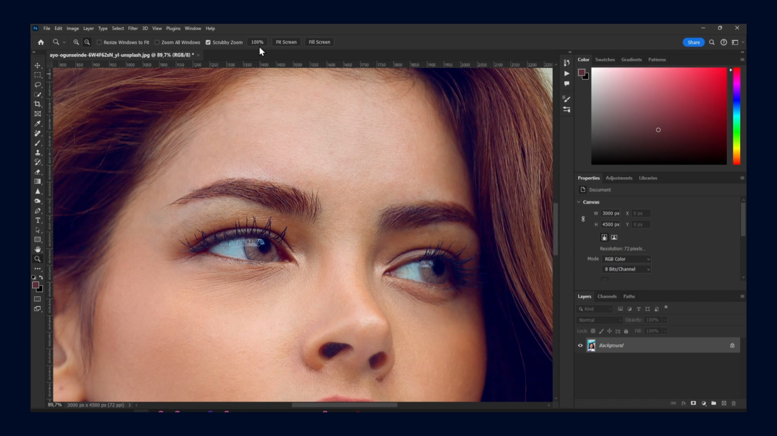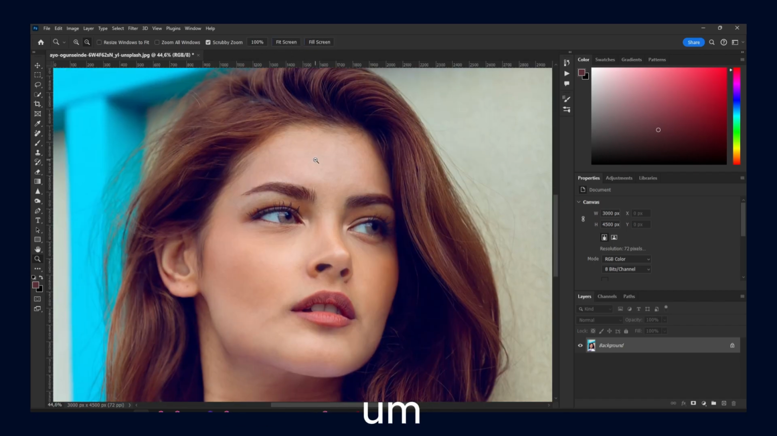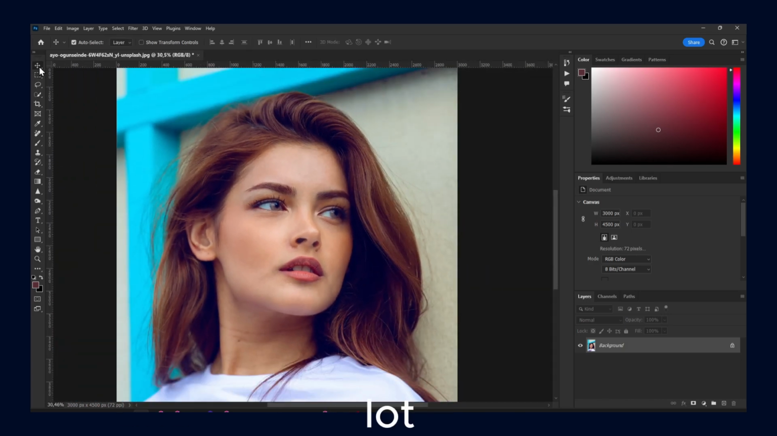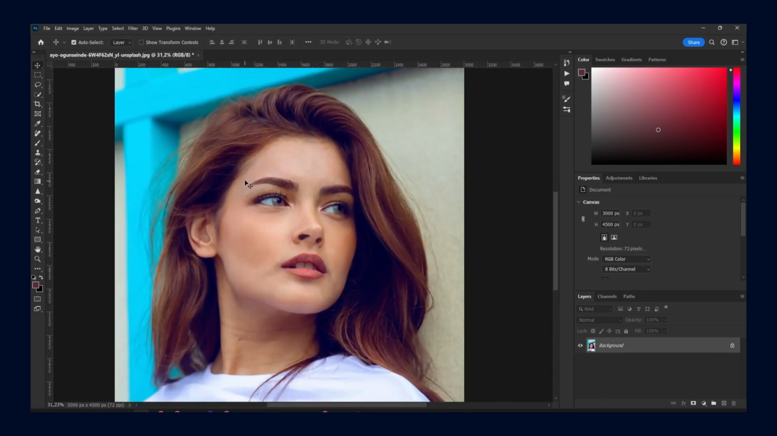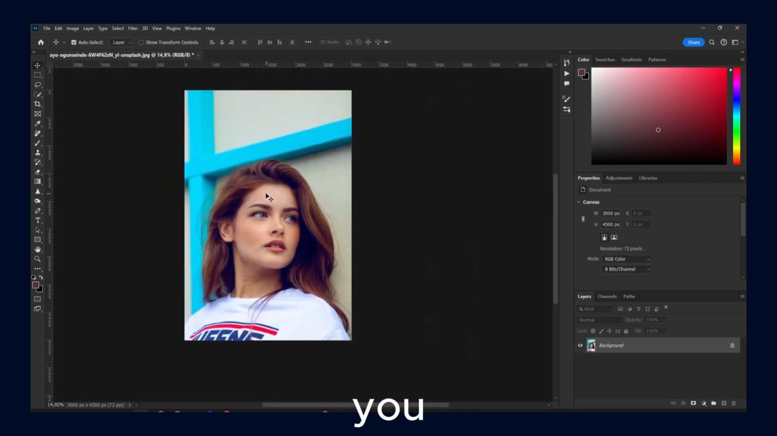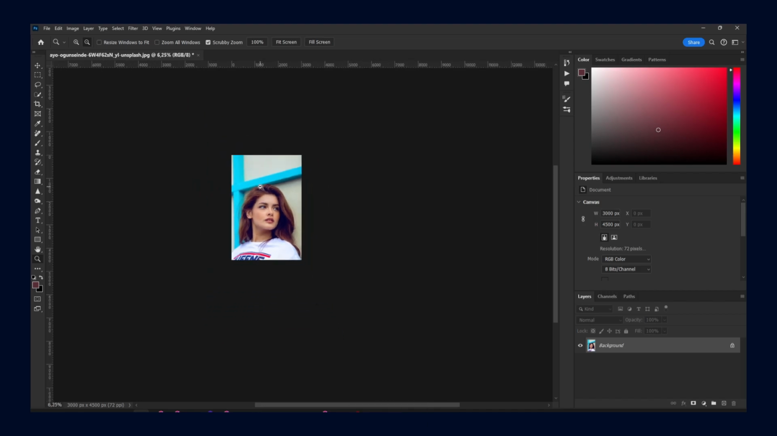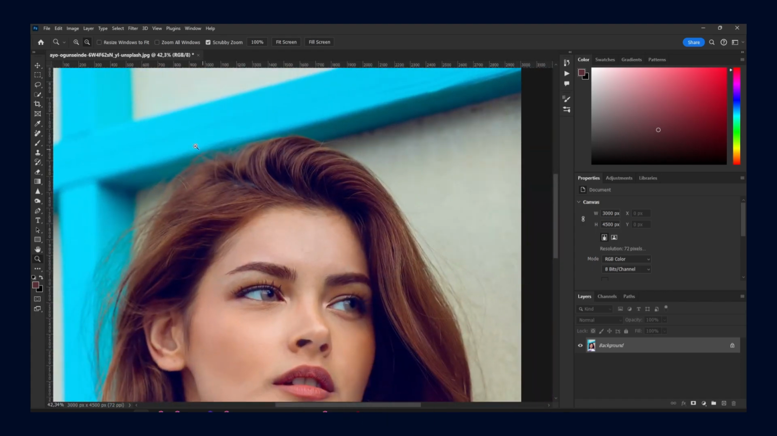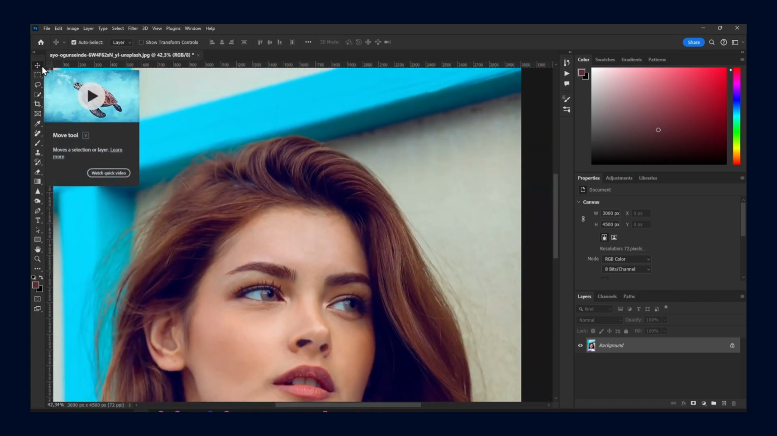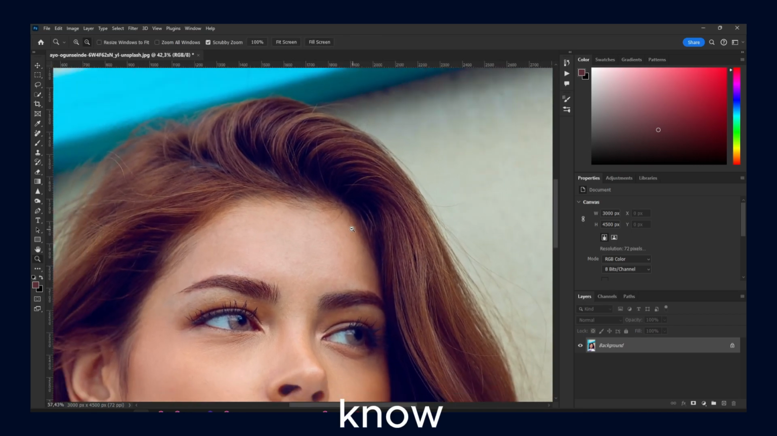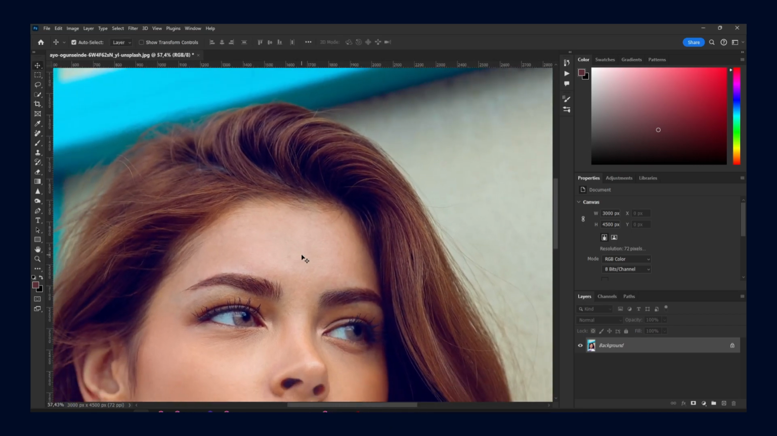Zooming in is great, obviously, because you're going to do this a lot while you're working on your project. As I said, using Z is great as well, because you can just click or just drag. But if you select the move tool and then